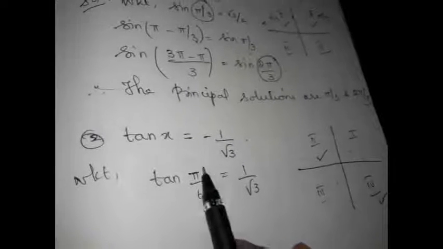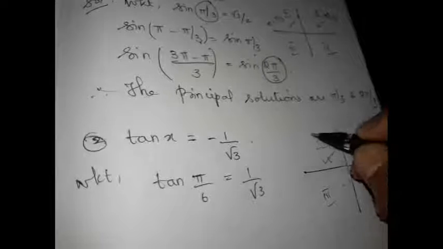So in which quadrants is tan negative? First find out that. All silver T cups. So in all, silver, T, cups, tan is positive in the third quadrant, and therefore in the second and the fourth quadrant only, tan will be negative. Now we found the angle as pi by 6. So how can you write pi by 6 in the second quadrant? Pi minus pi by 6. And in the fourth quadrant, how will you write it? 2 pi minus pi by 6. Right?